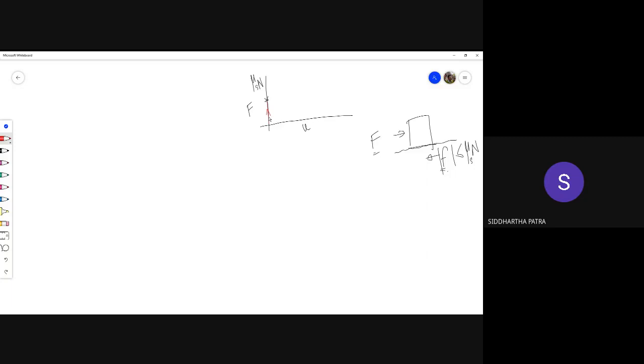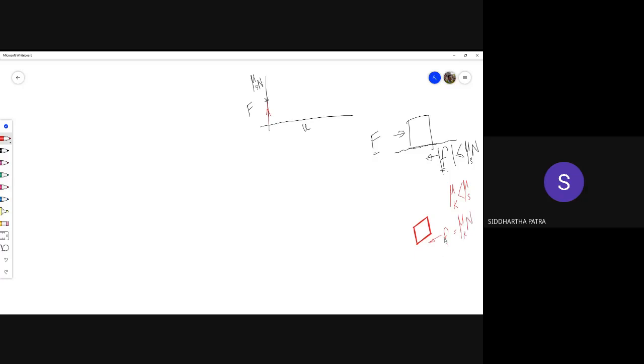It moves vertically upwards. But the moment F reaches this mu s times N, the block would start moving. But as soon as the block starts moving, you are now dealing with the kinetic coefficient of friction, which is actually less than mu s. And if the block moves, then the force small f on it is mu k times N,